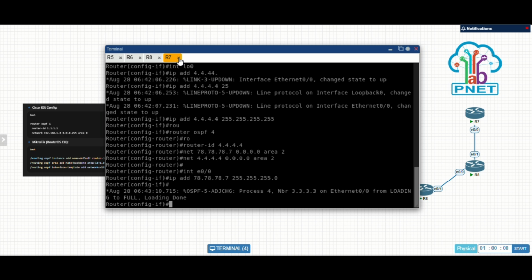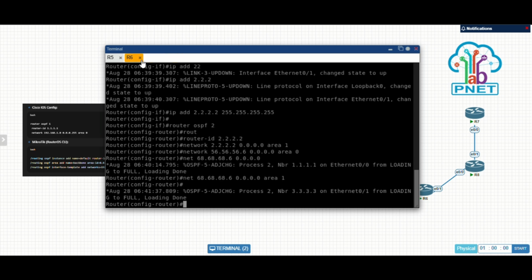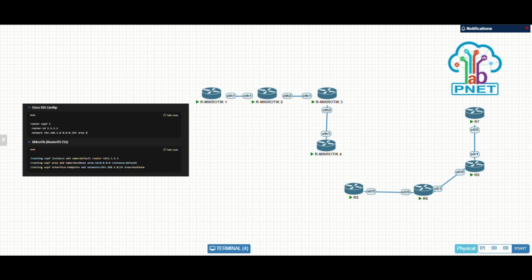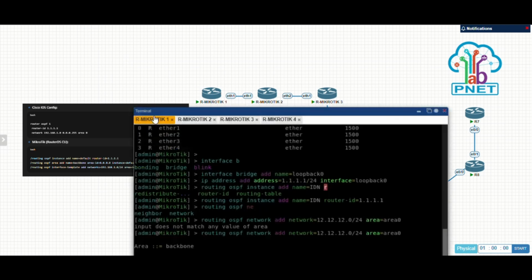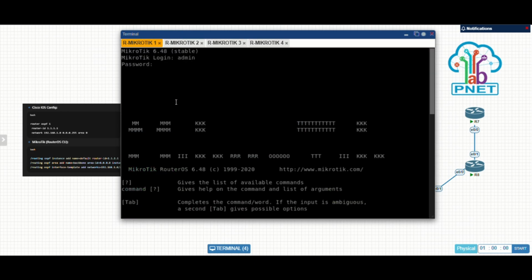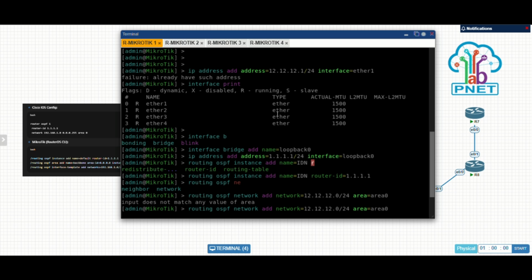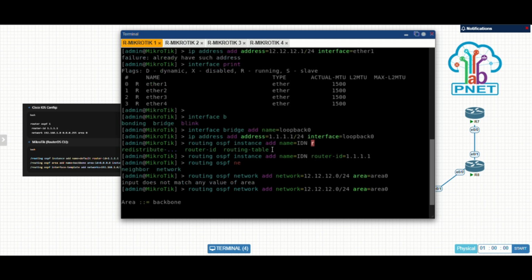So after that, we will move to the Mikrotik router. This is the normal configuration in Mikrotik, it's like that. For the loopback, you can add the loopback first.